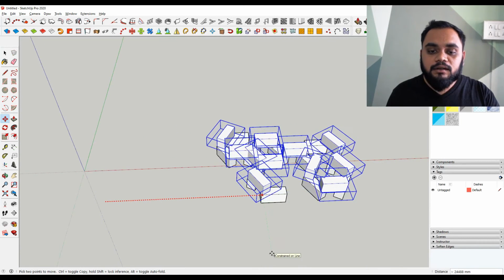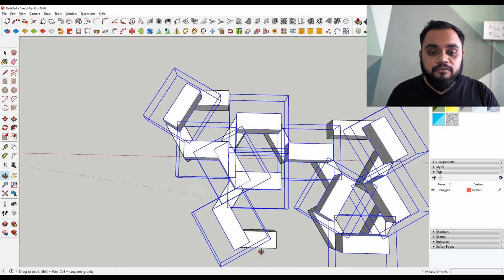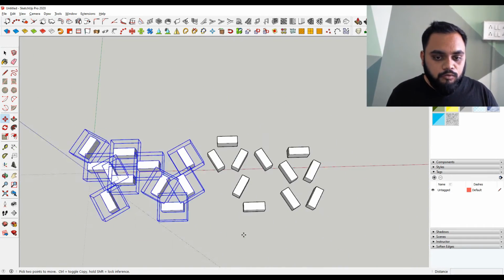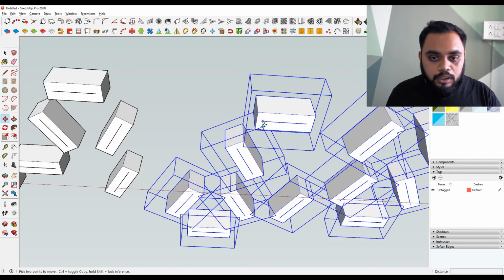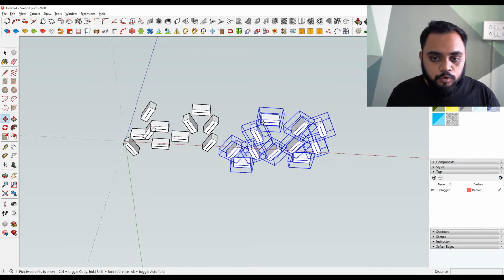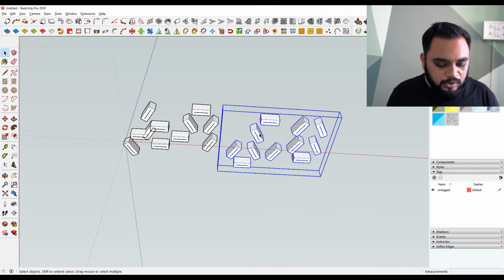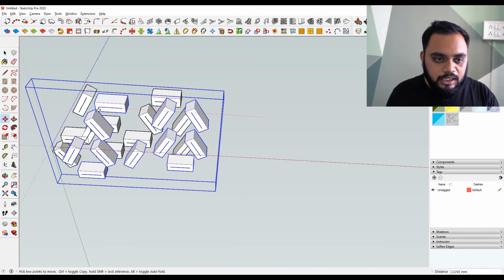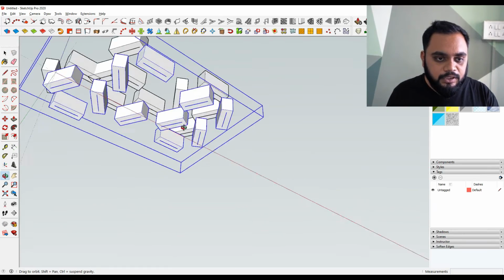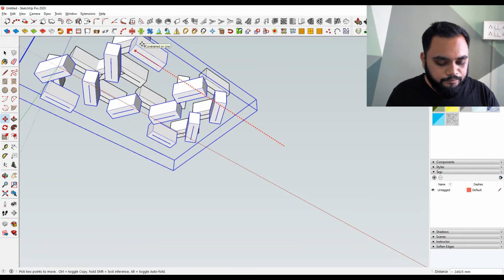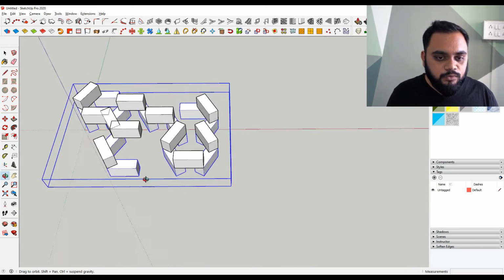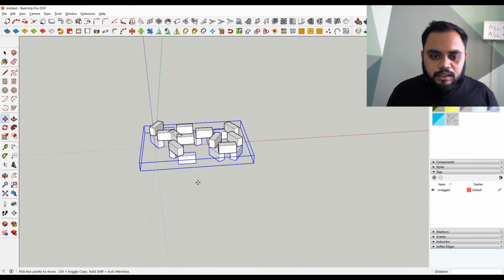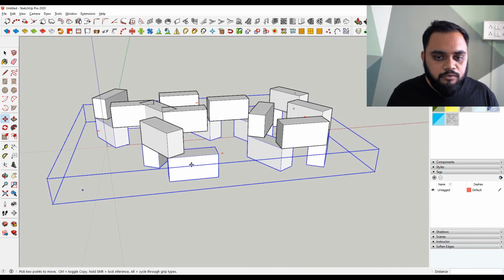One major point which I forgot to mention is that you need to note down the distance by which you have moved. Let me make this into a group and I'll tell you how we do that if you have missed it. I'll press K. It was earlier this way, but it's totally okay because now we've got it.